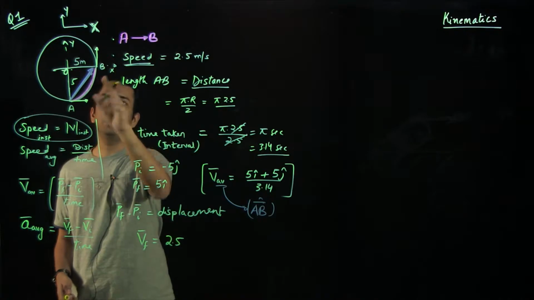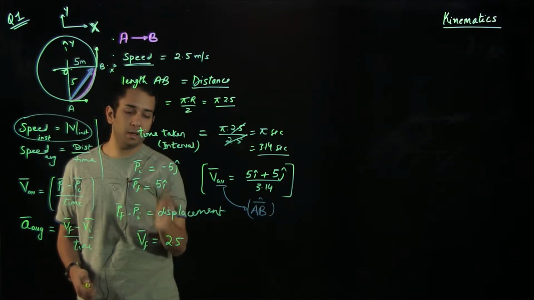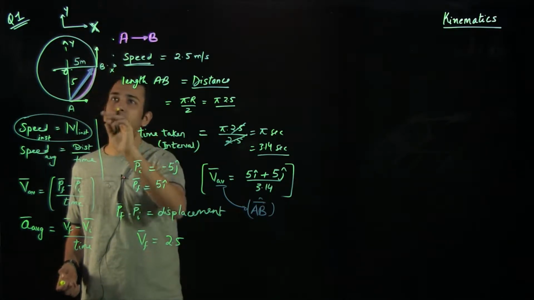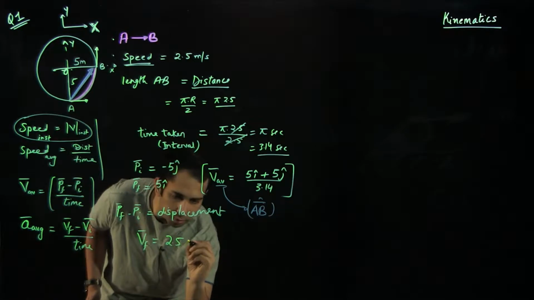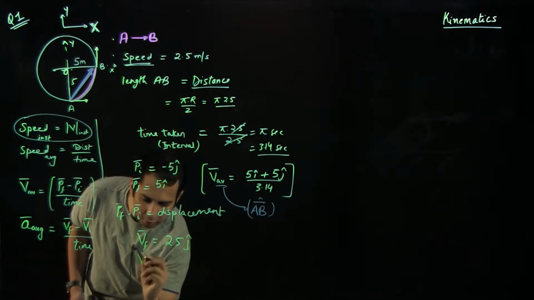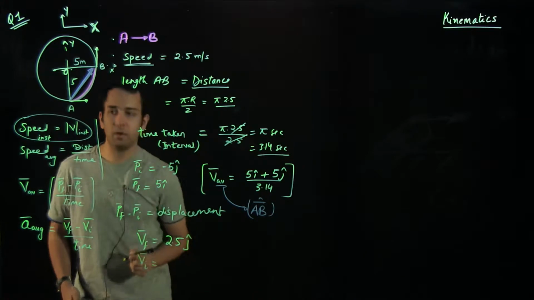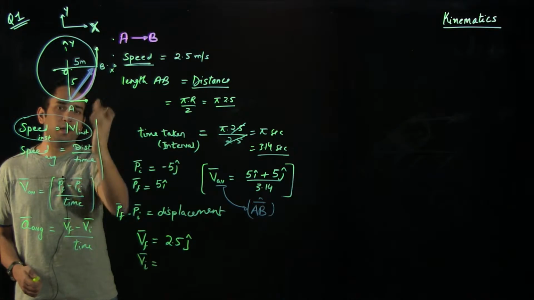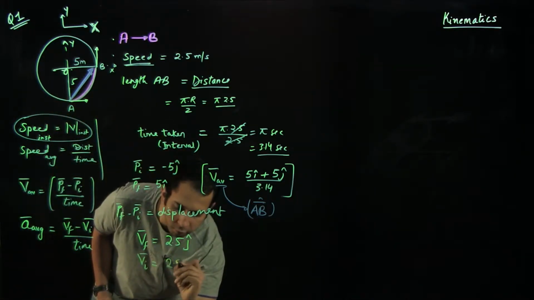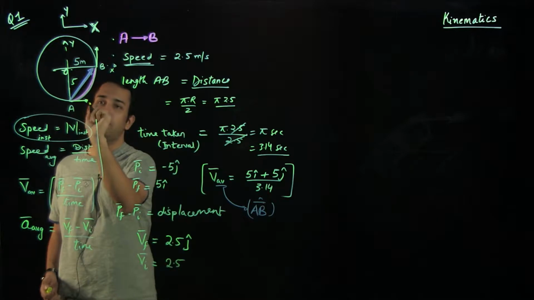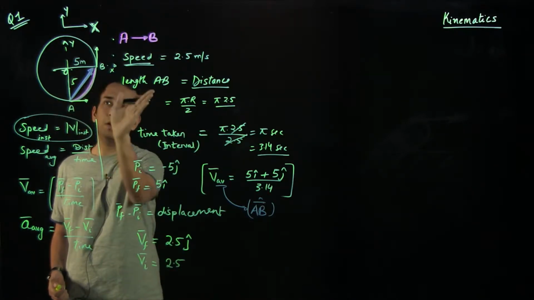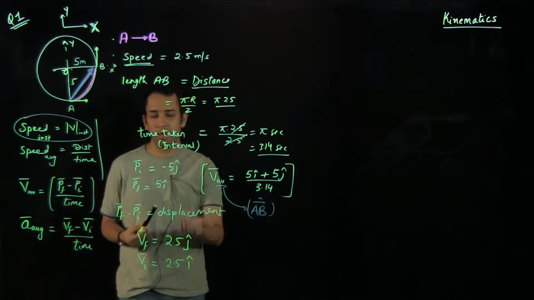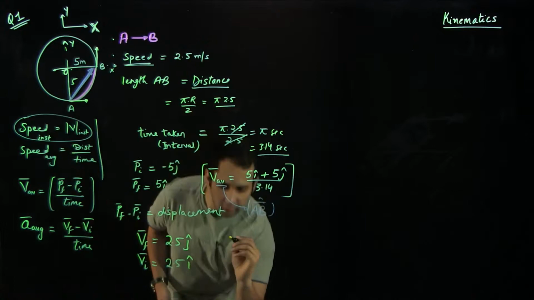But there would be a direction vector indicating its direction, and we discussed that at the final position, point B, the tendency of the particle will be to go up, because that is the tangential direction of the circle. So this is j cap. Similarly, I can define the initial velocity. The instantaneous speed is the same at point A as at point B, so the magnitude is 2.5, and the direction, because it is tangential to the circle and along the x-axis, is i cap. Because I know the final and initial velocity, I can calculate the average acceleration.